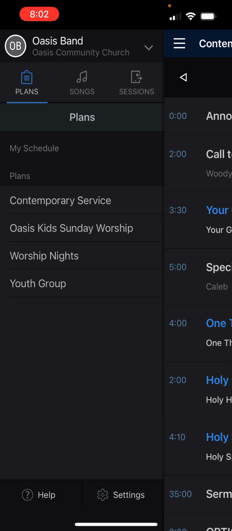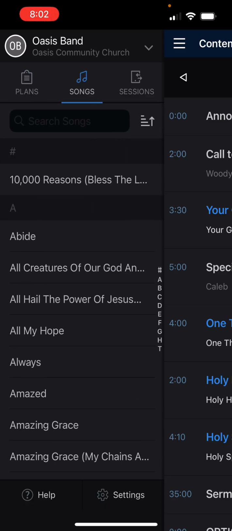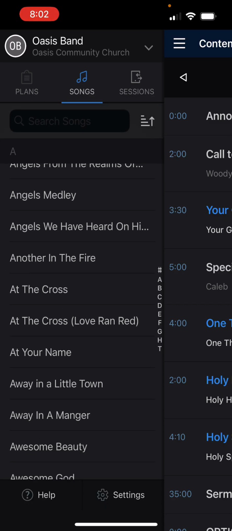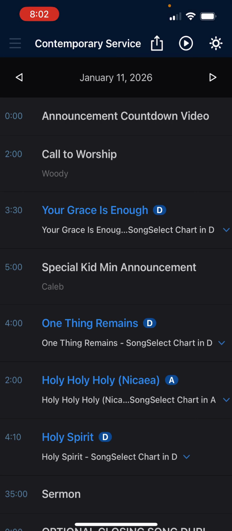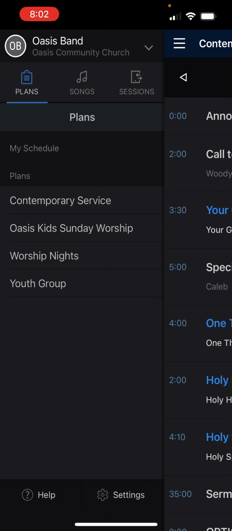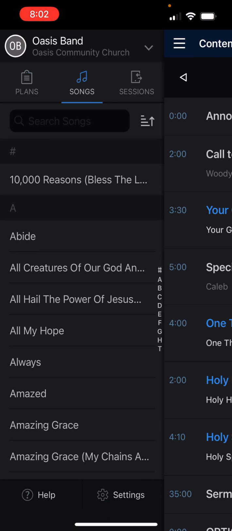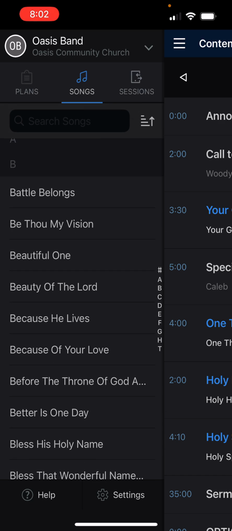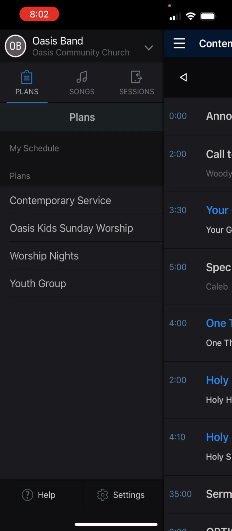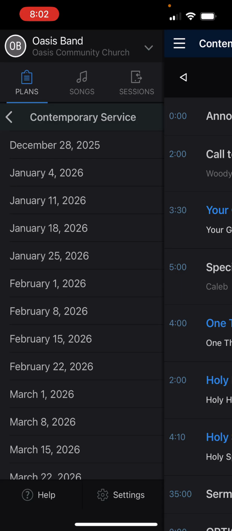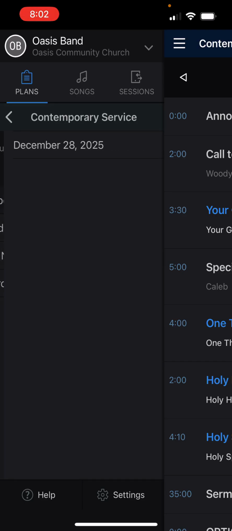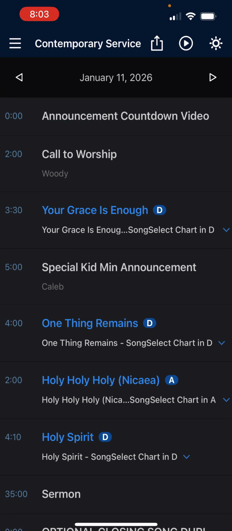That's all under plans. Let's say you want to look at our full songbook and see things that we typically sing. Back at these 3 bars here, you can click on the songs tab and then cycle through all of our songs. Or let's say when you're on plans, it doesn't have all of them listed or something. Sometimes just pulling down and refreshing will help pull it back up, or going back and reloading from contemporary service helps those things to come through. That's about it. Again, if you have any questions,